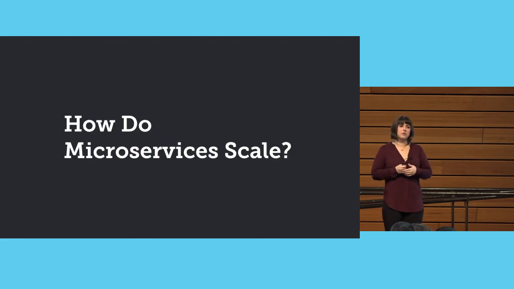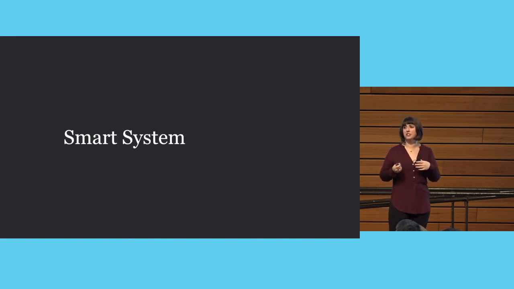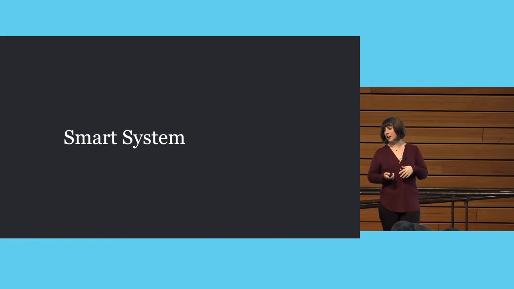All of this coming down to how do microservices actually scale? Automation is the name of the game. If you're scared of automation, get more comfortable with it because you're going to need to do it for microservices. And not just any automation, because automation that needs to be really, really smart. It needs to be able to understand what's going on. Not smart in like an AI sense. Those are hopefully way in the future, but smart as in like it can do really basic reasoning.